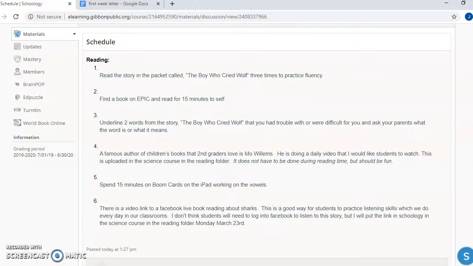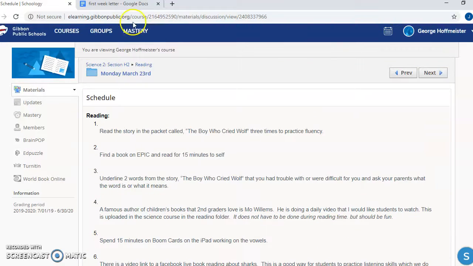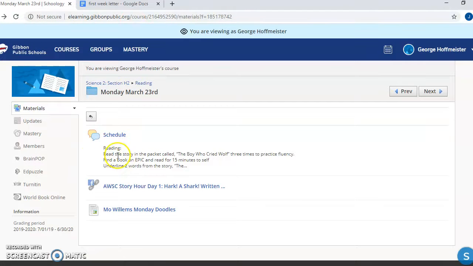Like I said, I wanted to make this as easy as possible for you. And so I did that in each subject area. So there's a schedule and then there's the links that you will need. If there's nothing there for that day, then you don't need to worry about it. But I might just go ahead and put that day in there anyway with the schedule. So then you can see that there might not be anything that you need on Schoology. It might just be everything in your packet for you.